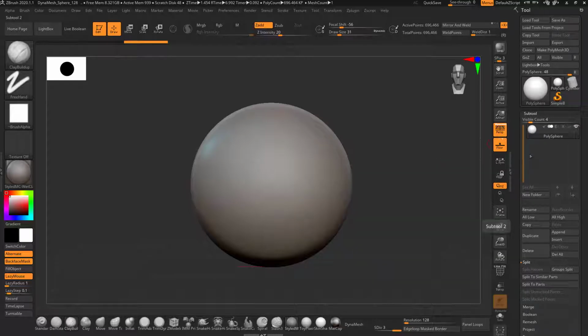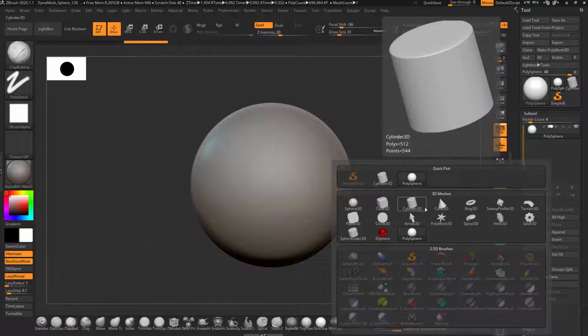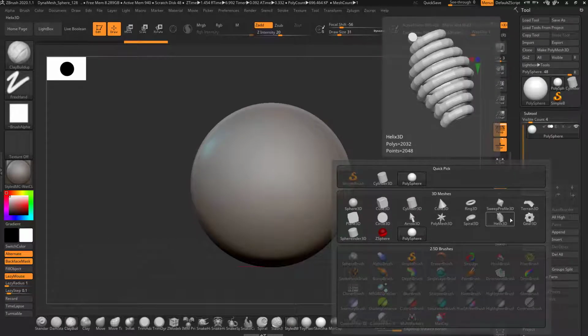You can see all your subtools, and if you want to add a new subtool, you just have to click on Append, and you'll find some options. You can add a sphere, cube, cylinder, cone, all the predefined presets in ZBrush.